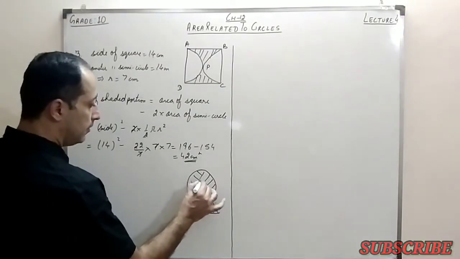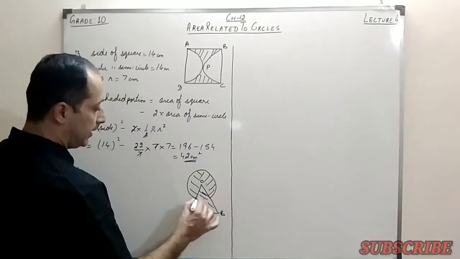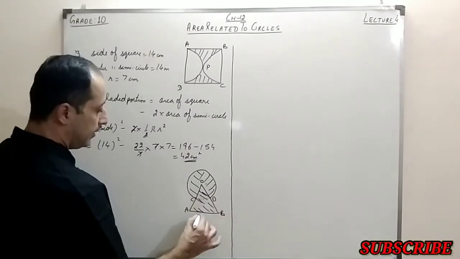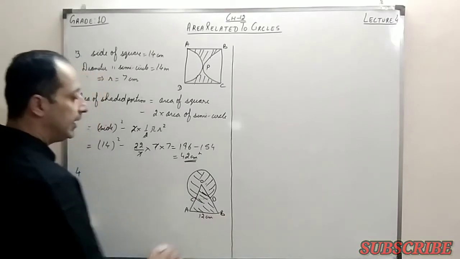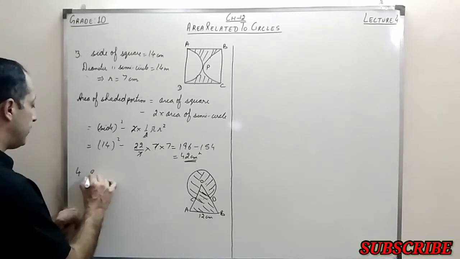This is O, A, B. This portion I can write as CD. This is an equilateral triangle. Obviously, if the triangle is equilateral, the angle would be 60 degrees. Now, the side of the equilateral triangle